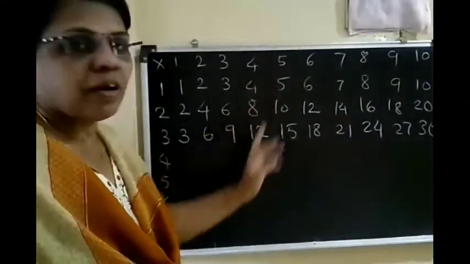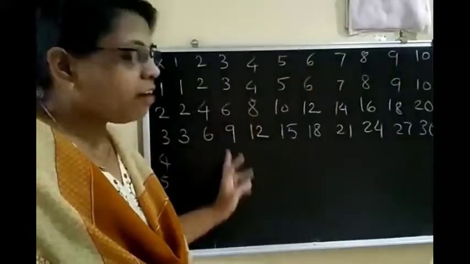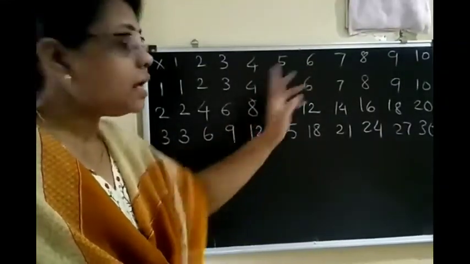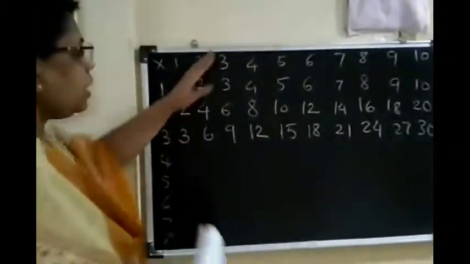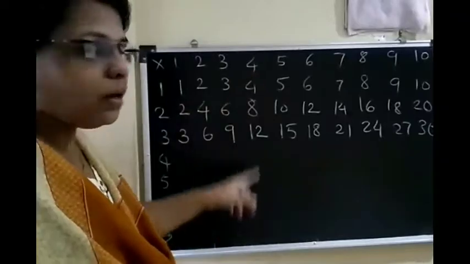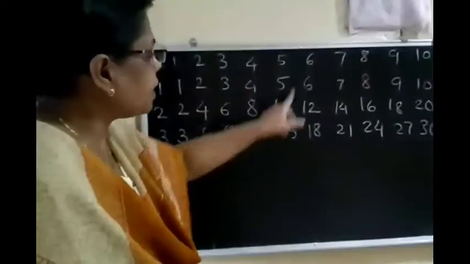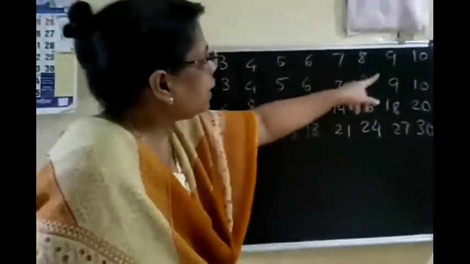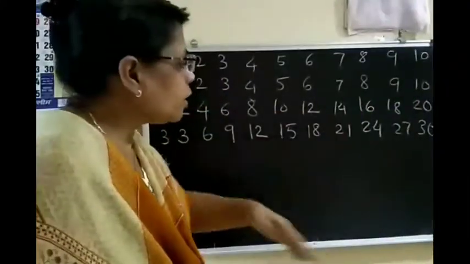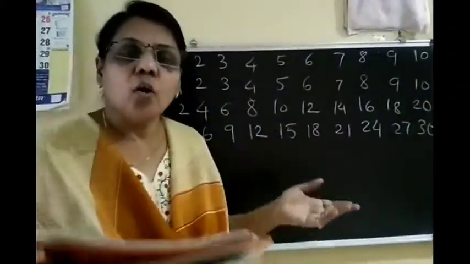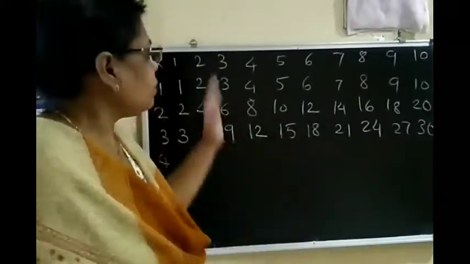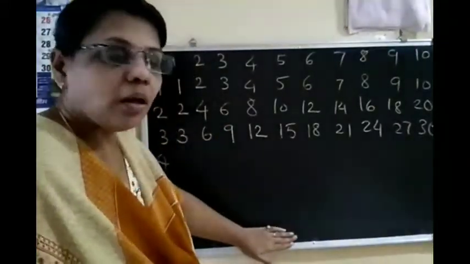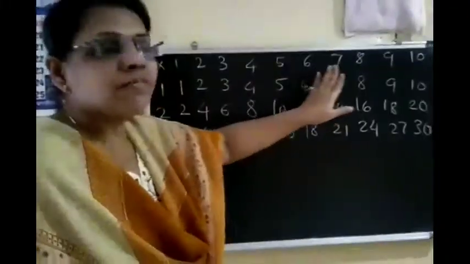5 5s are, 6 5s are, 7 5s are. 5 6s are, 6 6s are, 7 6s are. So here we have to multiply with these numbers and we get the answer. In short, you are writing the table. Table of 4, table of 5, 6, 7, 8, 9, 10. The remaining figures are homework for you. Please solve it. It's very easy. Just write down the table of 2, 3, 4, 5, 6, 7, 8, 9, 10.